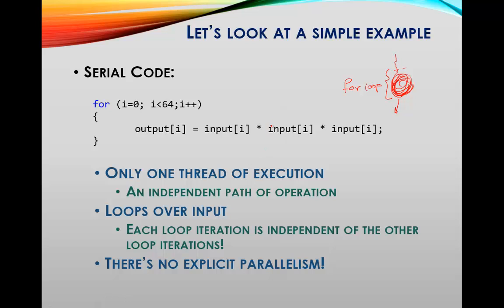That if you have a for or while or a repetitive process, it takes iterations. And if the iterations are not dependent on each other, so for example, here we take input at location I and multiply it by itself instead of multiplying by its previous or its next location, then we have the loop invariance. We have the iterations that are basically independent, or loop independence, independent of their previous or the next generation. And with this, if you look at this single piece of code, there's nothing we can do to parallelize